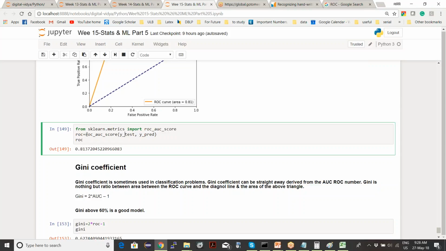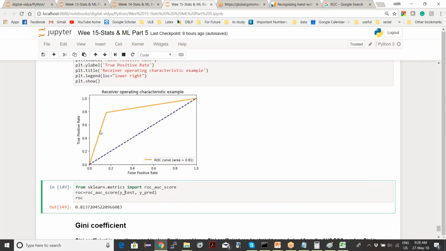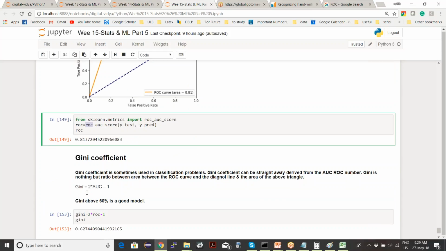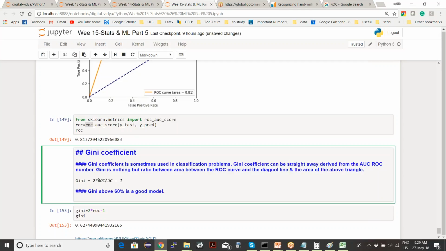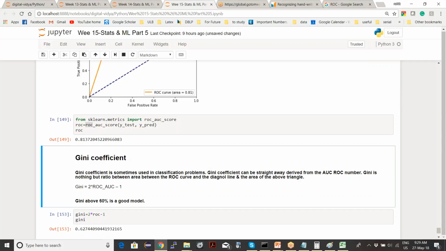So right now, ROC is basically having AUC. In the ROC plot, this line is your ROC, this is the curve, and AUC is the area under this curve. That's why it's called the ROC AUC score: the area under the curve, which curve? This ROC curve. But in the Gini coefficient, we have a formula where we are taking AUC only.